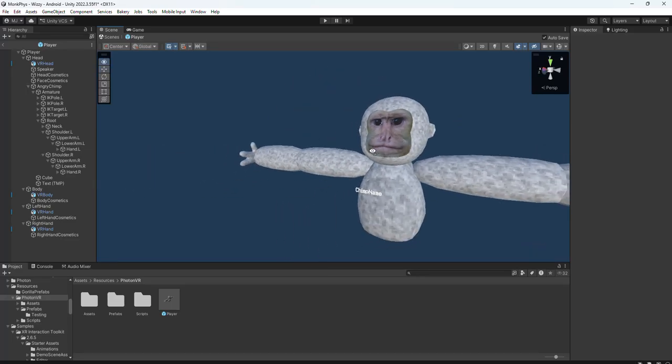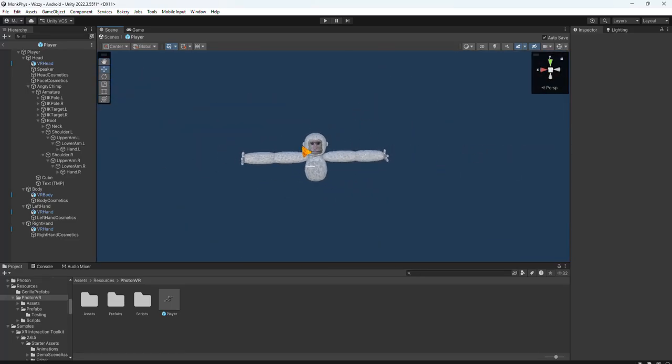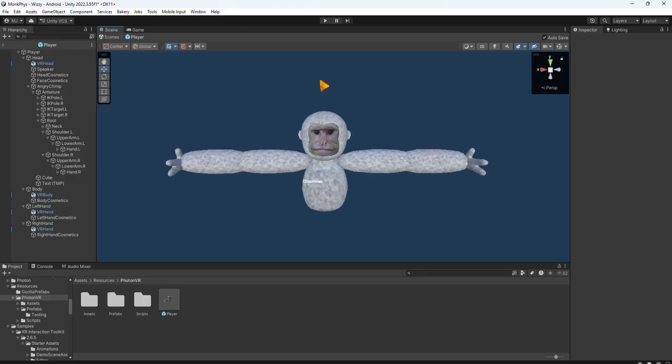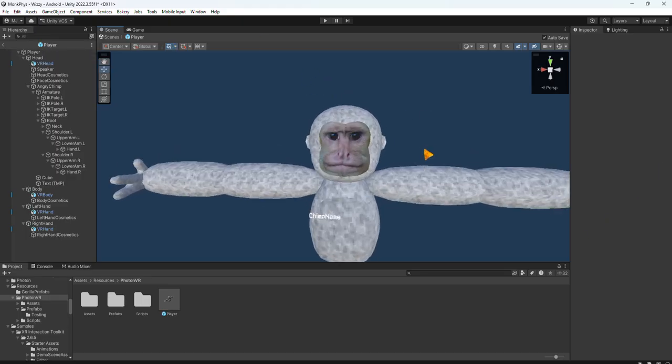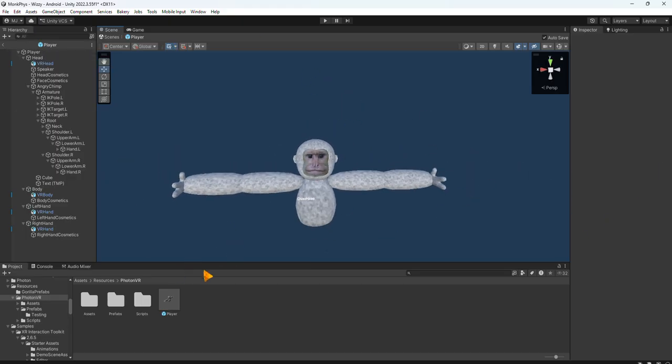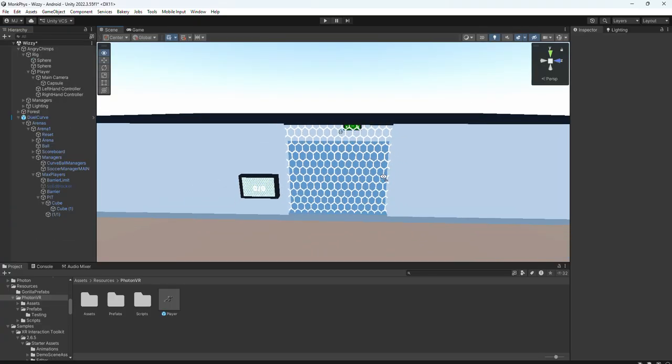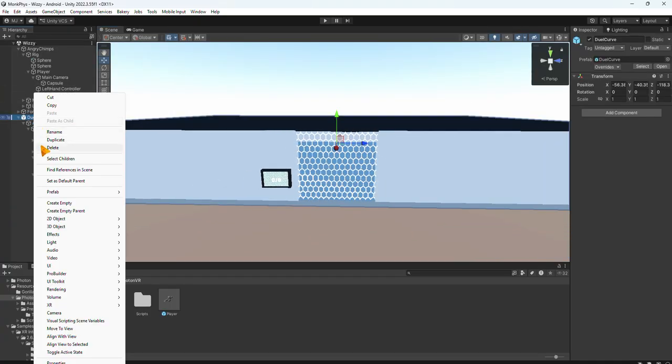Hey guys, in today's video I'm going to be showing you how to make your PhotonVR really good. Just fix everything, make everything neat, make your PhotonVR work. So all you gotta do is just